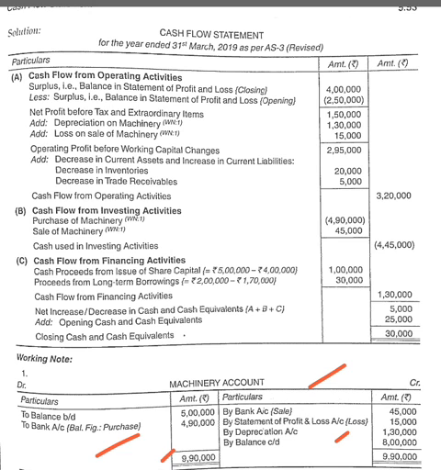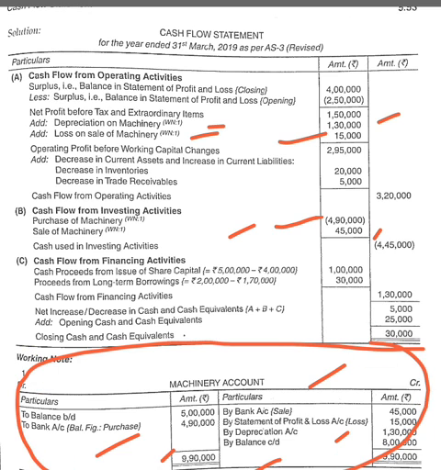Now see, how will we record the information of the machinery account in cash flow? Where do we record purchase? Purchase we will record in the investing activities. We will write over here purchase of machinery 4,90,000. Then sale also, sale of machinery 45,000. Then the loss we will add in the operating activity. See, loss on sale of machinery 15,000, and depreciation also we will add in the operating activities. Depreciation on machinery is 1,30,000. Clear? First you will record the information of this account.